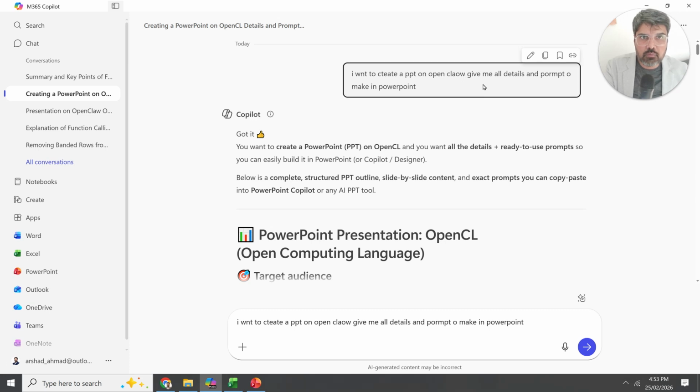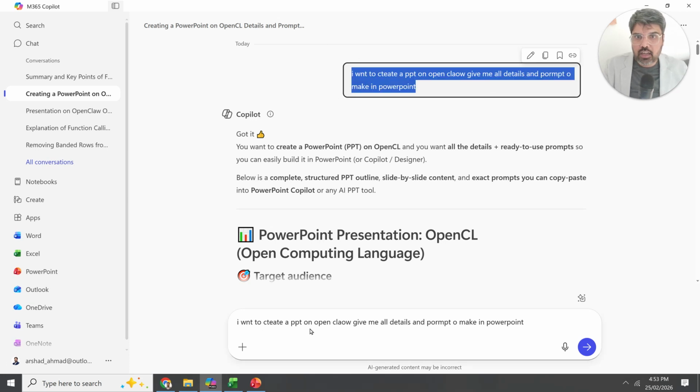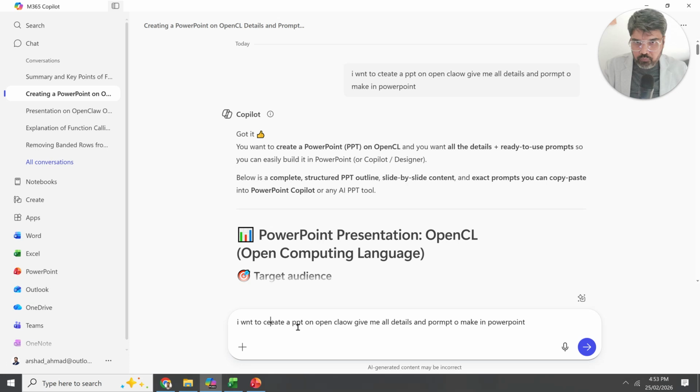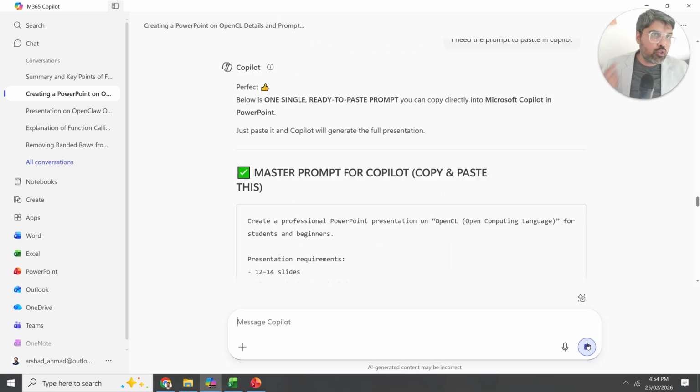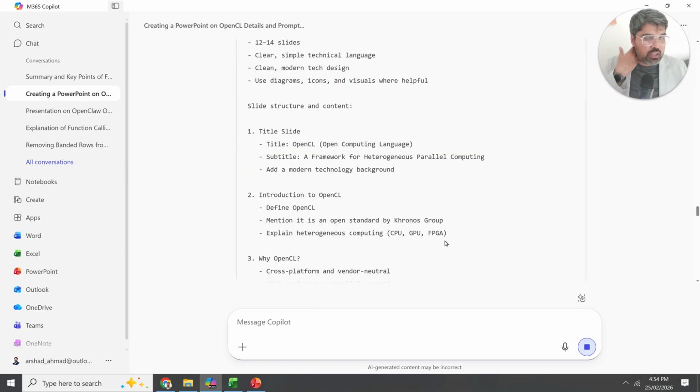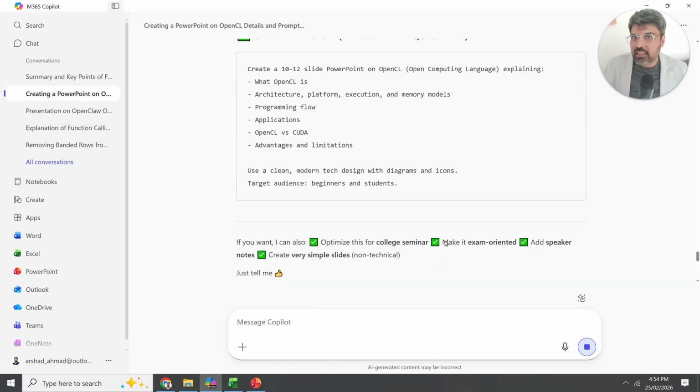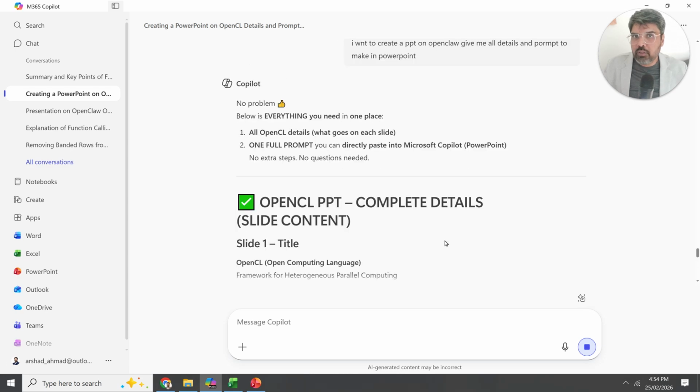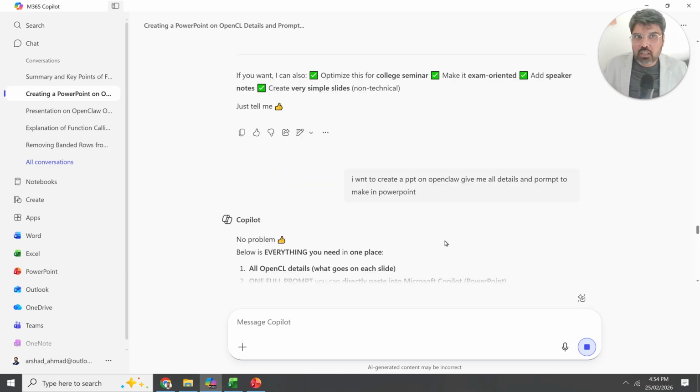I want to create a PPT on OpenClaw. OpenClaw is a very talked about topic nowadays. Give me all the details and prompt to make the PowerPoint. Maybe in the future you can directly create from here like you can do in ChatGPT. I was just trying it. It is not giving that good initiative, but still